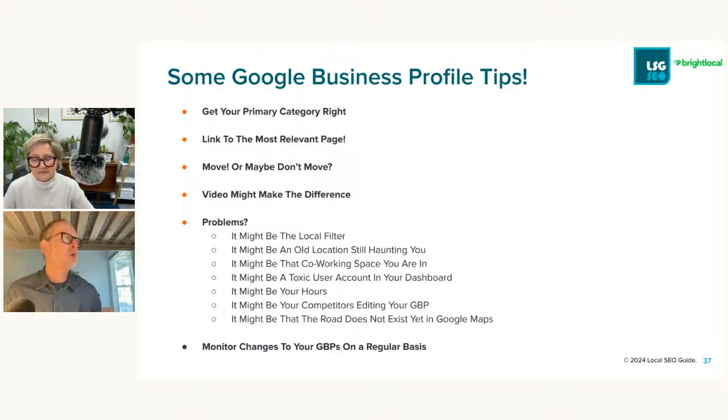If you're working out of a co-working space, you better read the guidelines about what Google requires for a co-working space. And even if you pass those guidelines, your co-working space still might be toxic. Speaking of toxic, if someone who has access to your dashboard is a known spammer by Google, your whole group of locations may be penalized. We saw a client get thousands of locations suspended because an ex-employee was still in their dashboard. The minute they took them out, the listings got re-verified.